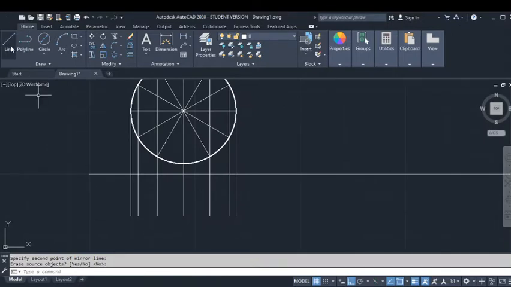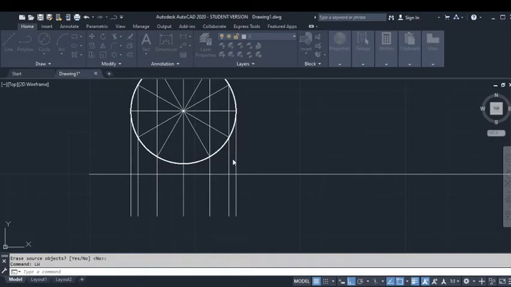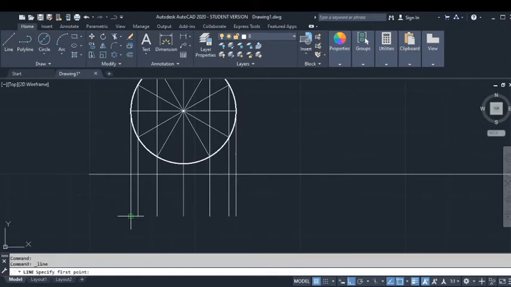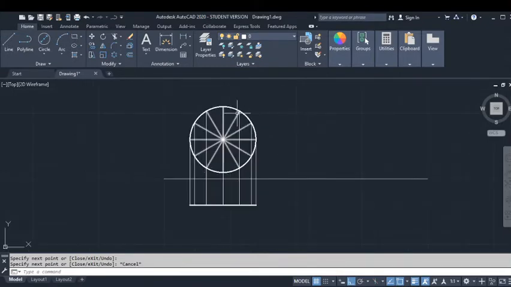Now I'm going to again draw the top view, but before drawing the top view, I would like to also increase the line weight of that top view line. So I'm going to increase the line weight. After pressing this, I'm going to draw the top view line projection. Now I am able to draw the front view and top view of my